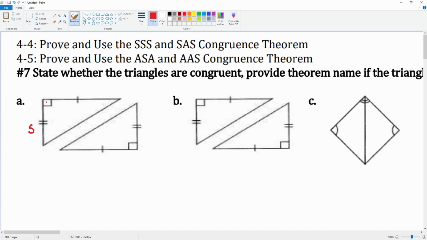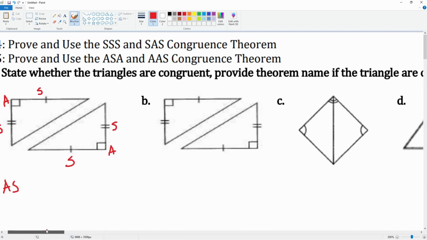So here we have a side and an angle and a side here. Here we also have a side, angle, and a side here. So this is one of our properties. So you can say this is congruent by side, angle, side. Let's take a look at